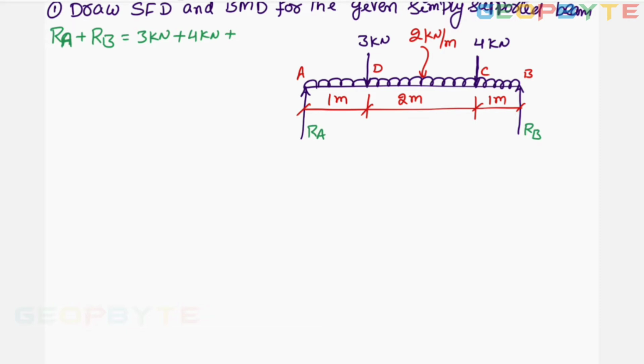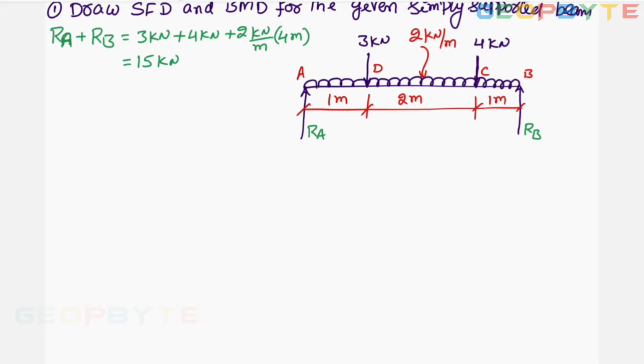That UDL should be converted to point load. How? By multiplying UDL with UDL distance. What is the UDL distance for this entire beam? The UDL distance is 4 meters because that UDL is acting throughout its length, though I marked the UDL between the 2 point loads. That's why I took the total length for the UDL distance. It is equal to 4 to the 8, 8 plus 4 is 12, 15 kilonewtons.